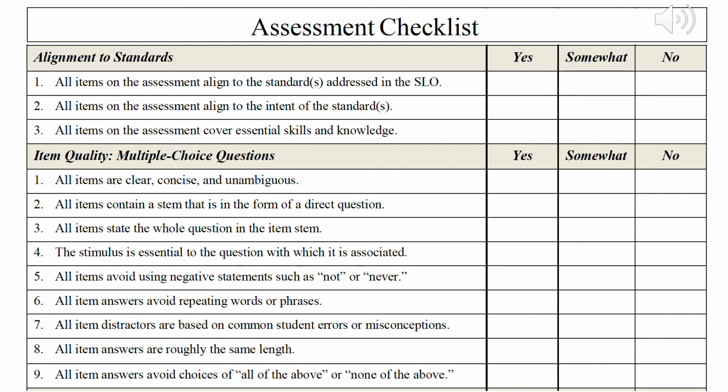full-time teaching. So you're going to give an assessment before your 10 days full-time teaching. You're going to teach them, do some strategies, and then after the end of your 10 days of teaching, you're going to administer a post-assessment. This checklist is straight from the Department of Education website, and it outlines considerations for you when developing your pre